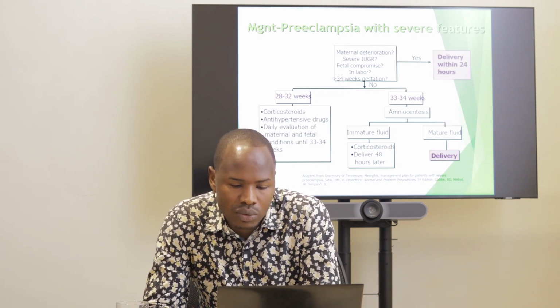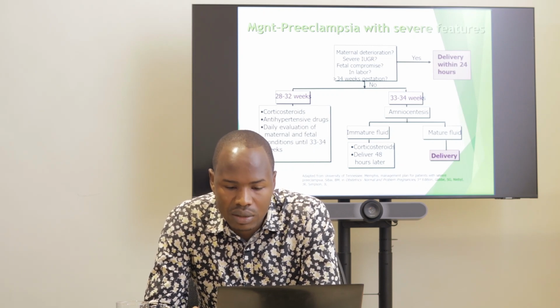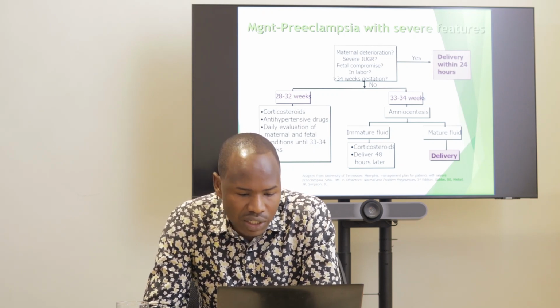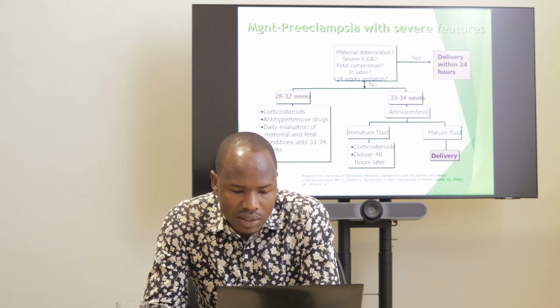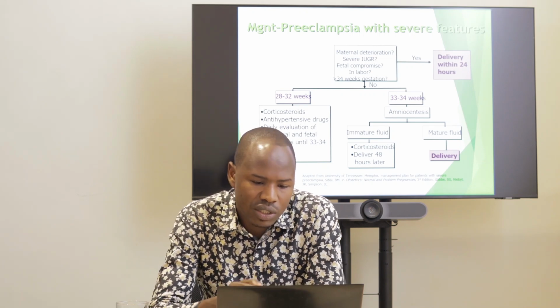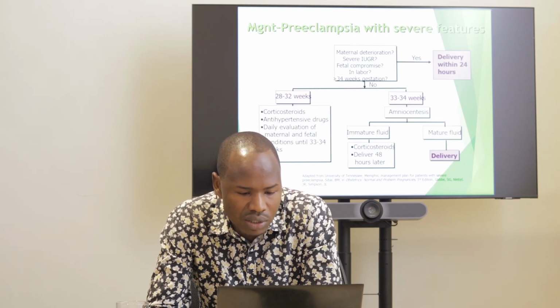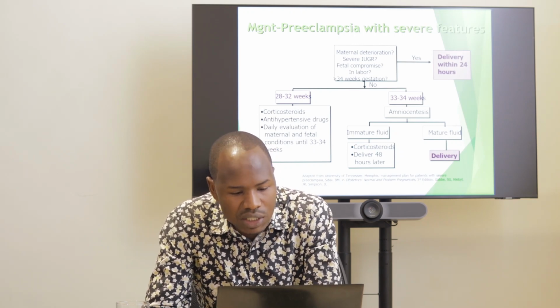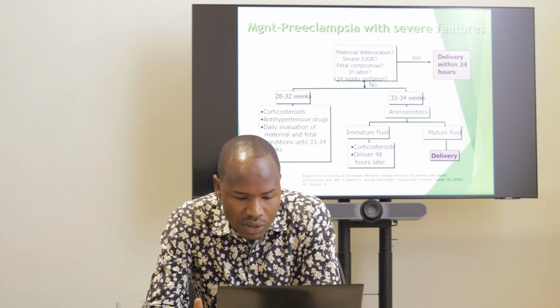So we have to induce labor when there is no other contraindication. If she's less than 34 weeks, or she's not having severe intrauterine growth restriction, maternal deterioration, or fetal compromise, if they are not there,